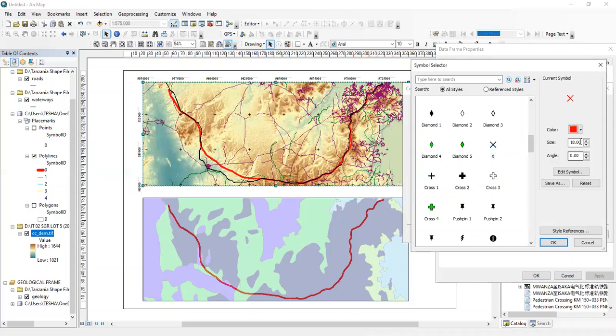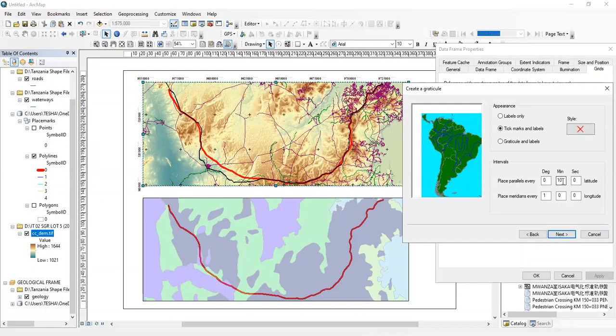We can change the color to red and click OK. In the interval, maybe let's try with 1 degree. 1 degree is too